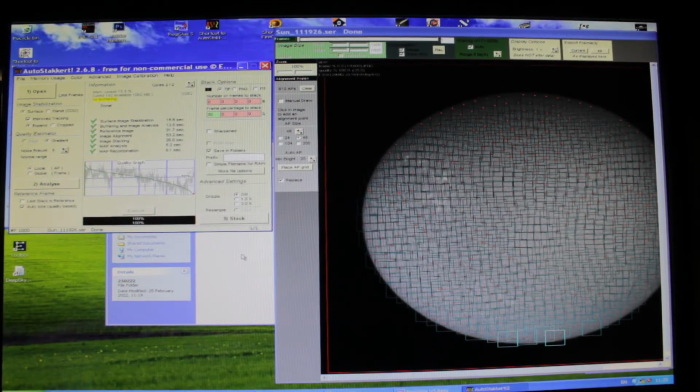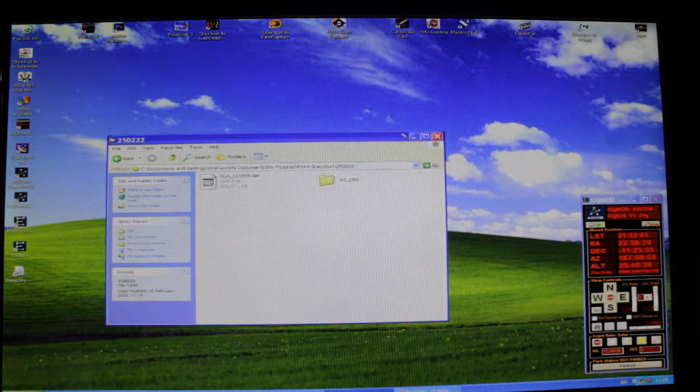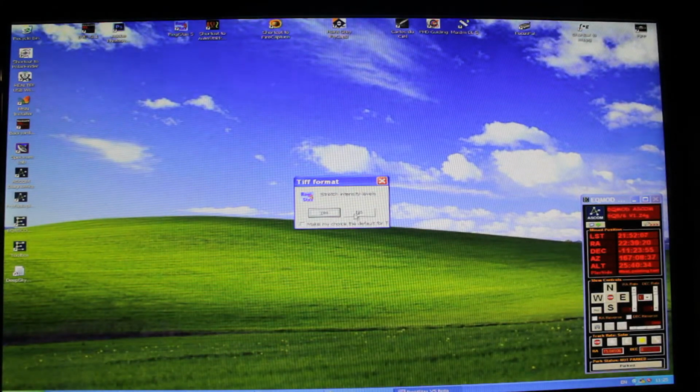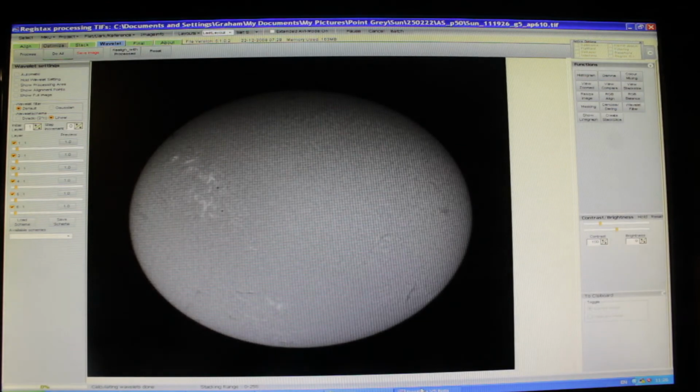Right, it's finished doing its magic. As you can see, we actually stack. What I'm actually doing is stacking only 50% of the frames, so it's done 500 of the best quality frames. Now, if you go into... well, this will automatically send this to Registax. So we'll say no, those onto Registax, and this will take you straight through into wavelets